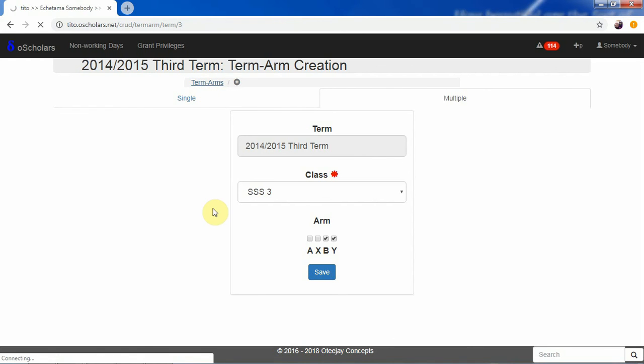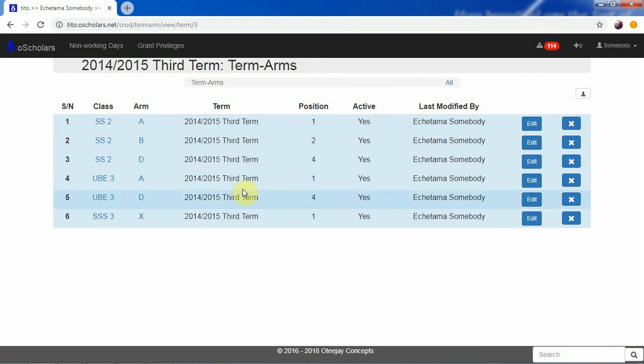If we click on this, we find out that we have access to editing or viewing the ones we have created. We have SSS3X. That is the one we just created, and it's assigned a position of 1. It means that this position, if you look at this particular one, we have SS2A as 1, SS2B 2, SS2D 4. This will help in ranking